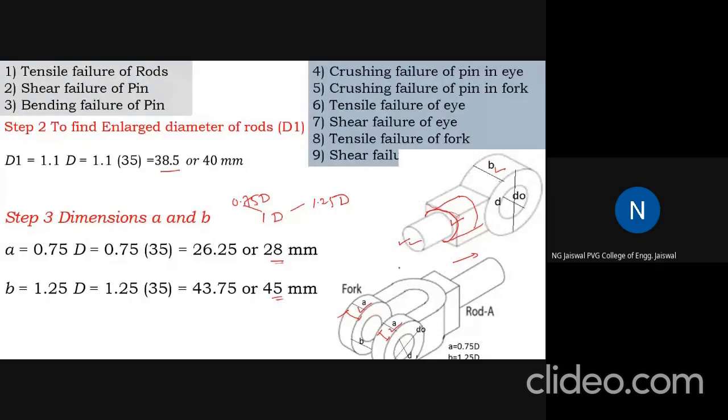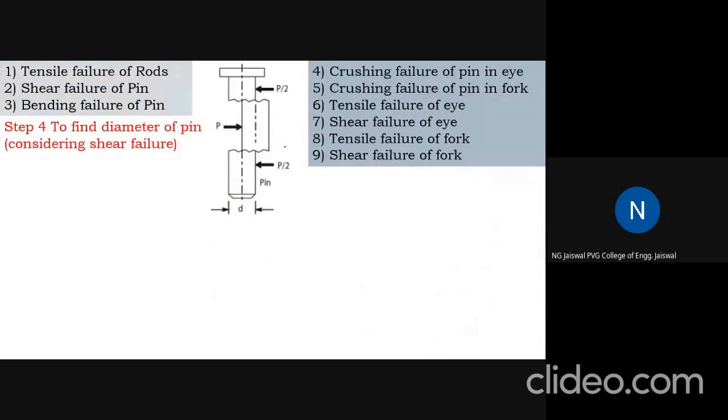Next will be then what? If I go in sequence, I should get now this DO, D, etc. So I'll go first with D. Now this small diameter D is nothing but actually the pin diameter, because the pin is going to get inserted in this hole. And we know there are two criteria for finding out the pin diameter. One is shear failure and the other is bending failure.